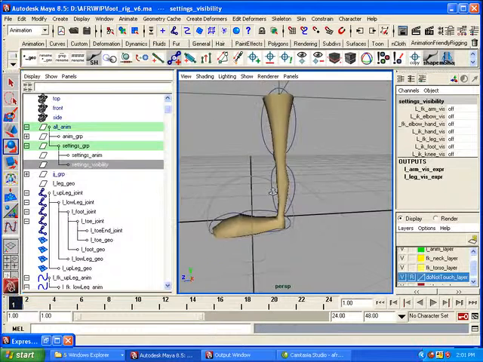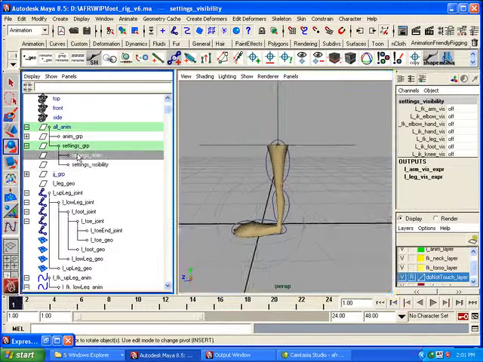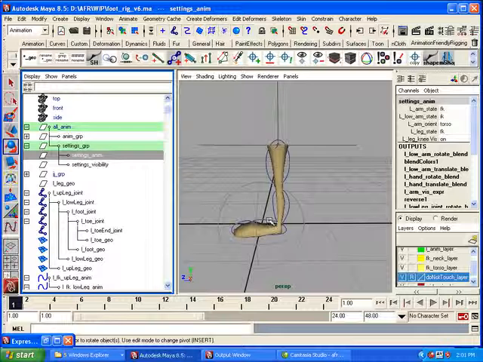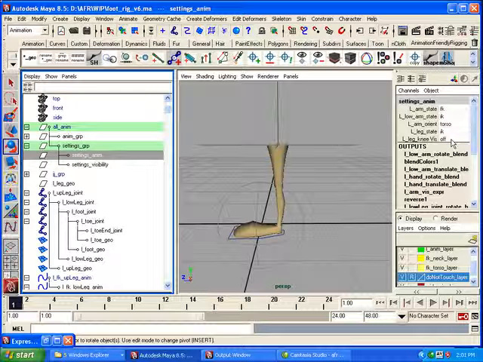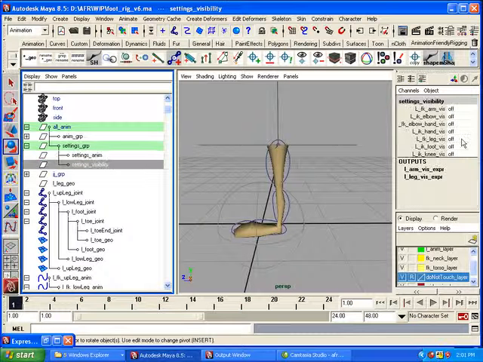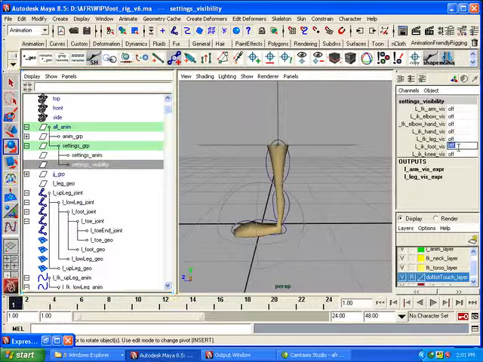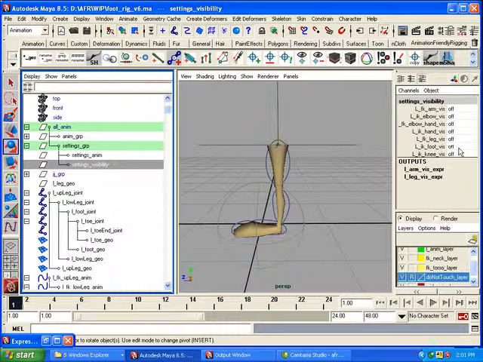Alrighty, so now, if we look at what mode we're in, we are in FK mode, and all we see are the FK controls. Switch to IK mode, we see the IK controls. If I set the knee visibility off, we don't see it. If I go back to FK, we're in FK mode. Let's check out our visibility options. So we're in FK, but I can turn on the foot visibility by turning that on there, turning it off. Knee visibility on,